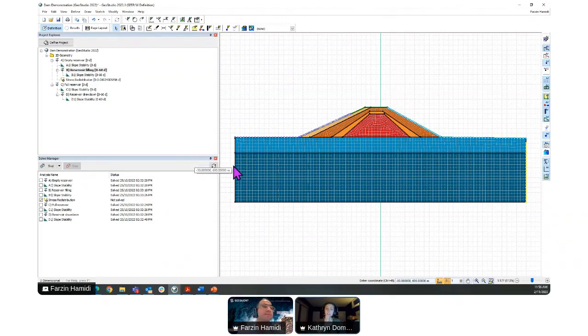Yeah. So if you don't have any water level found, I'm assuming that you mean that there is no water table in the domain that you're modeling.